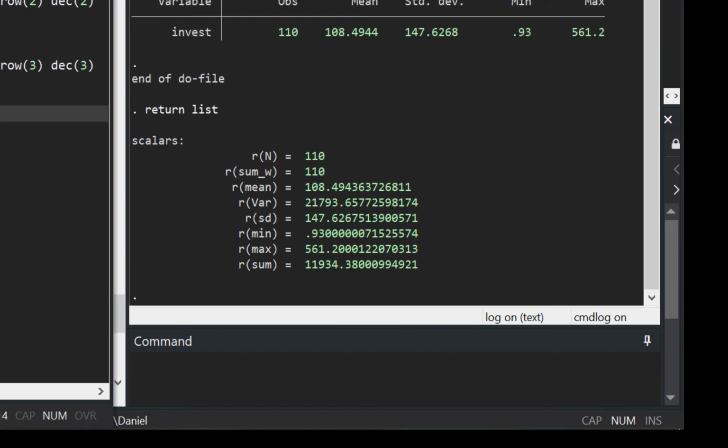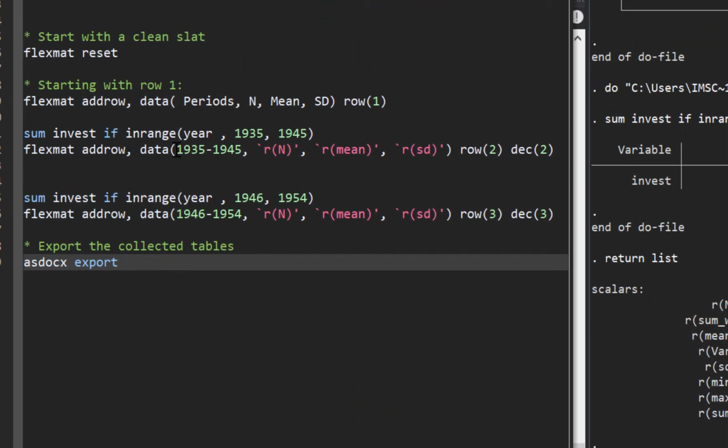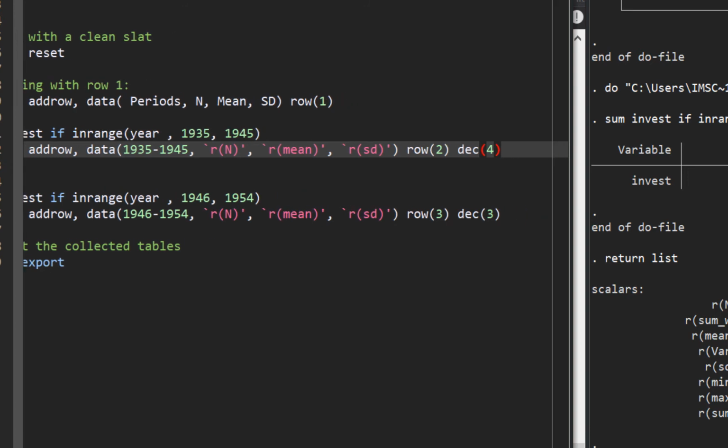So for this reason, I'm adding another row. In the first cell of this row, I would like to type the text 1935 to 1945, and in the second column, I would like to record observations, and then mean, and then standard deviation, and I would like to send this data to row number 2, and I would like to have 4 decimal points for my table.